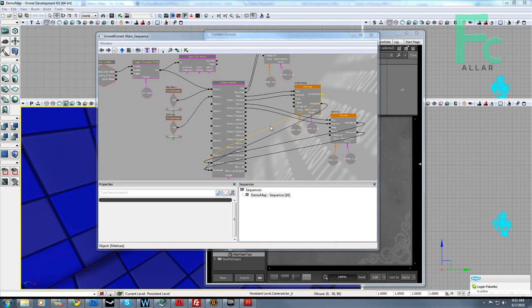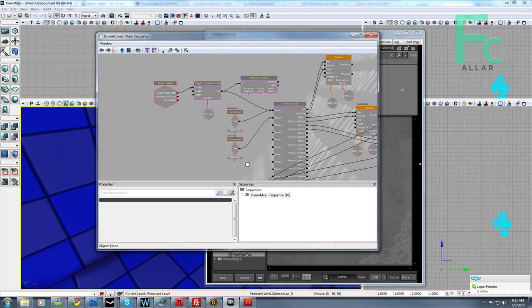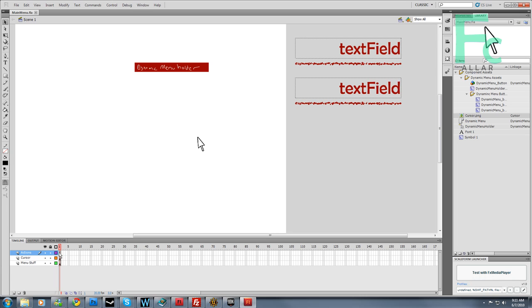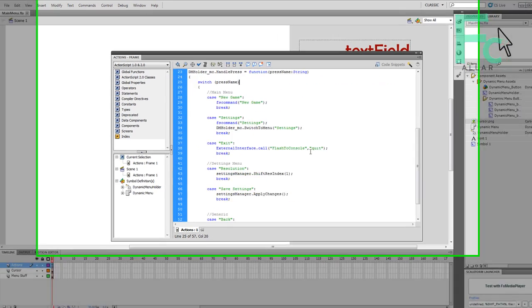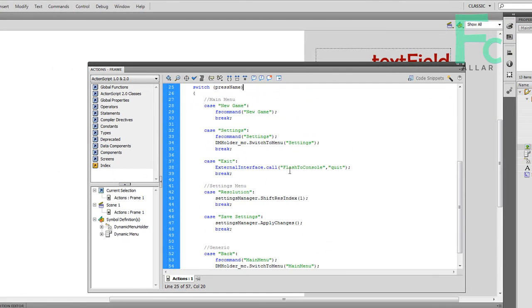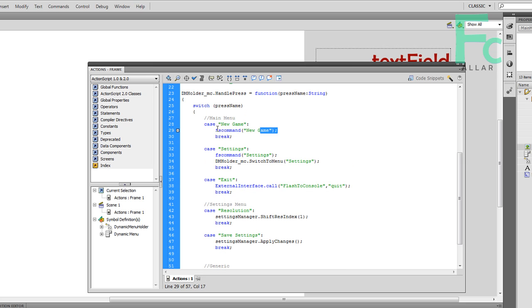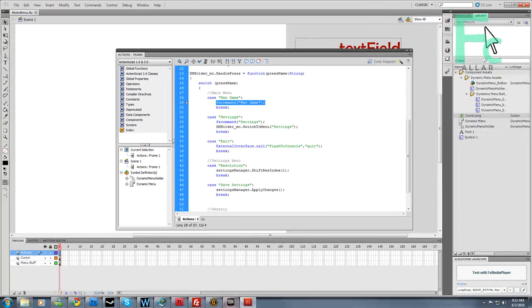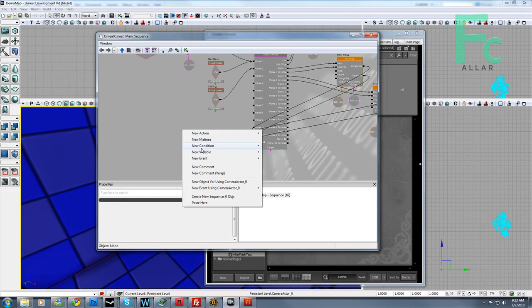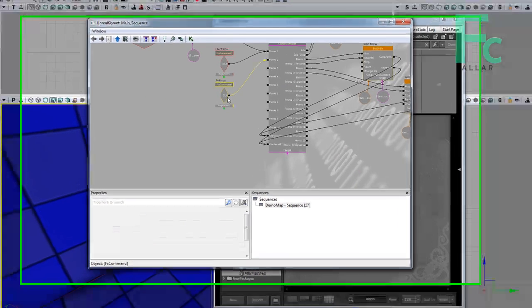Alright, so now that we have our menu basically built, the only thing we gotta do is really add our new game and exit buttons. Because in Flash, we had decided, I hit F9 again, go to actions. For a new game, we decided to use an FS command instead of this external interface call. So with that said, we can just go ahead and copy this FS command, hit paste,